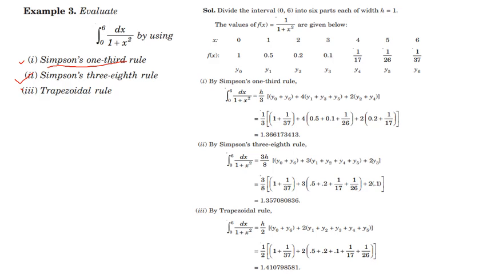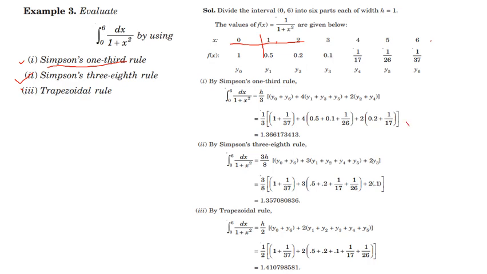Here the h size is not given, so by default it is taken as 1. So 1, 2, 3, 4, 5, 6. So if you take these 6 sizes and use Simpson's one-third rule, you will get